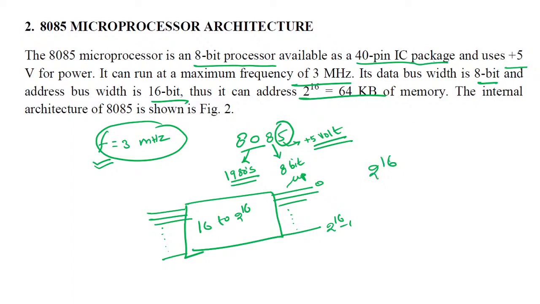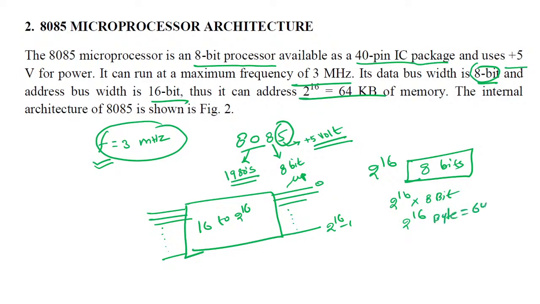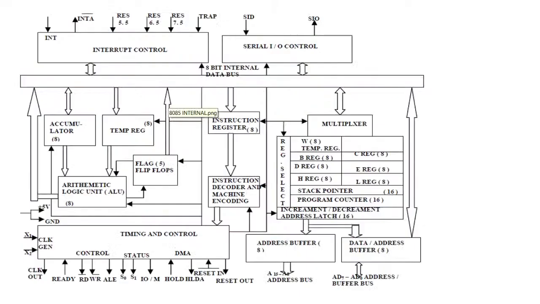of 1 byte because the size of the data bus, or you can say the size of the word, is 8-bit. So one location will be of 8-bit. You will have total 2 to the power 16 locations, right? So the size of the memory will be 2 to the power 16 into 8 bits, or you can say 2 to the power 16 bytes because 8-bit means 1 byte, or you can say 64 kilobytes. Okay, so size of the memory in 8085 microprocessor is 64 kilobytes.